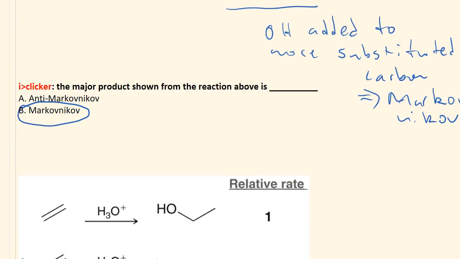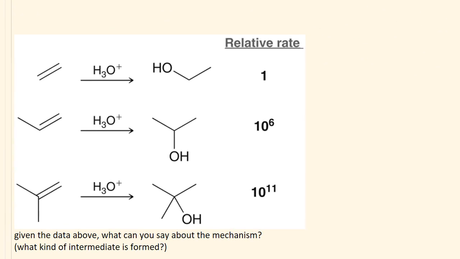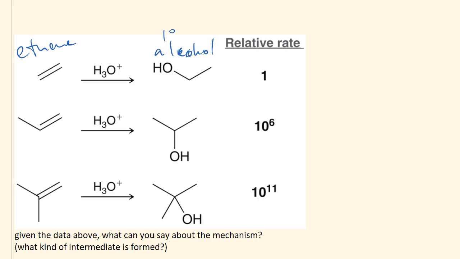Now let's look at some relative rates. So if we just have ethene and we do acid catalyzed hydration on it, we get a primary alcohol. And the relative rate of this reaction is 1, whereas if we have 1-propene